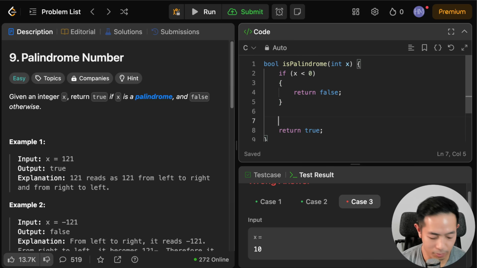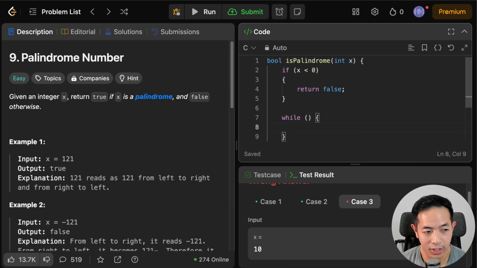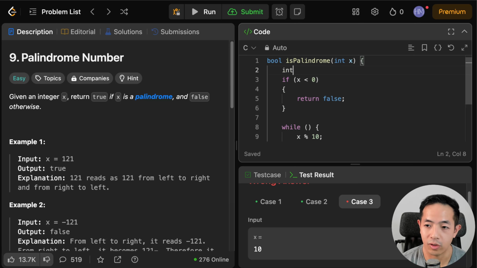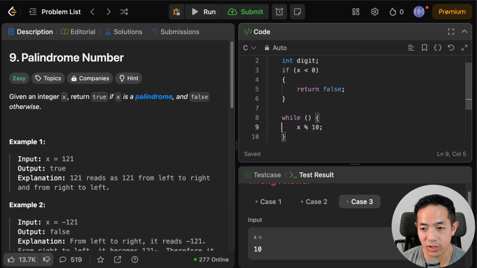All right, so now let's implement that while loop. So we're just going to have a while loop, and I don't know what the conditions are yet. We're just going to code a while loop here. And we said that we wanted to do modulo by 10 to get the first digit. So we can create a variable called digit. So it's going to be a local variable, and then we're just going to get the first digit here,